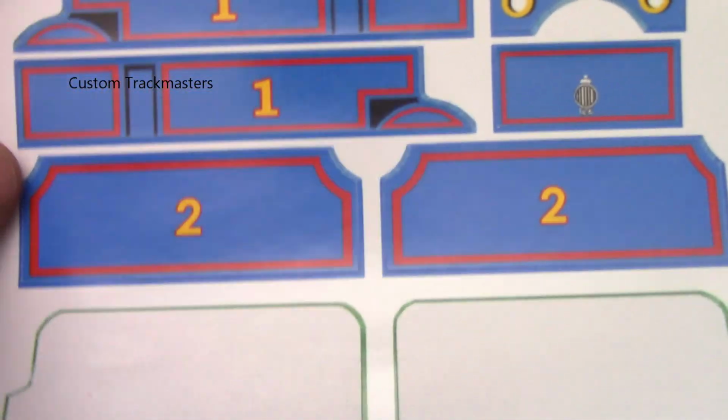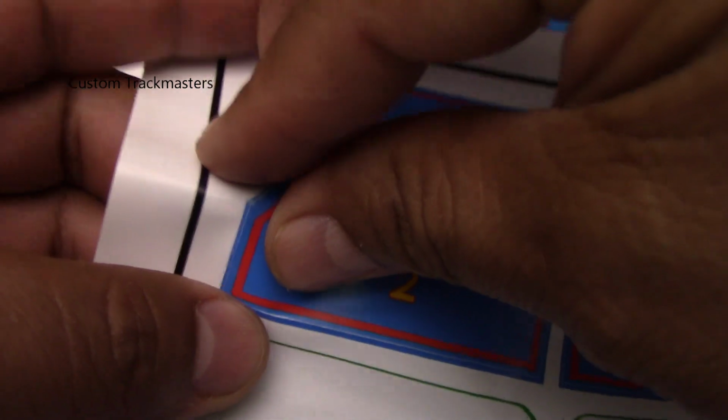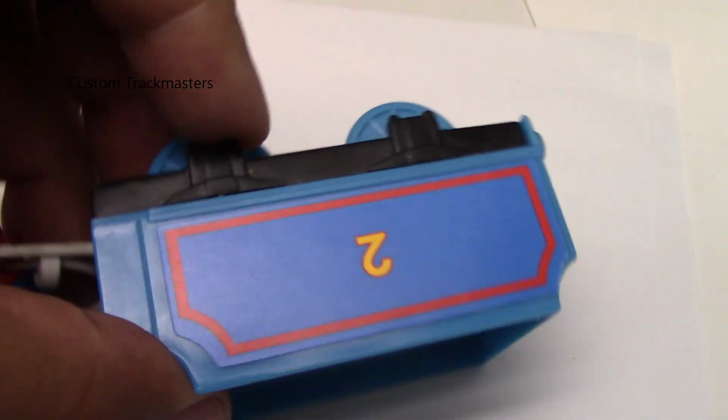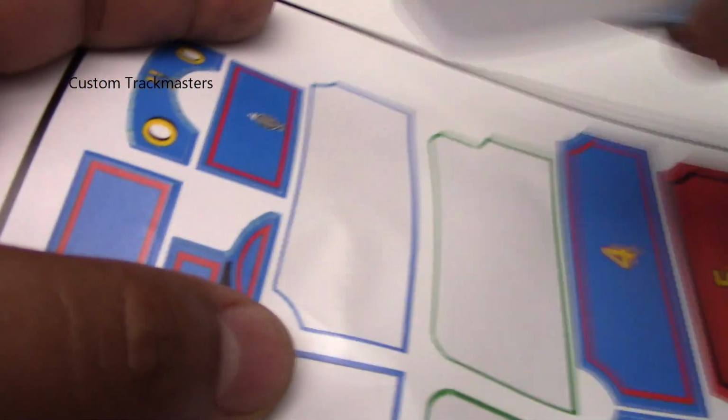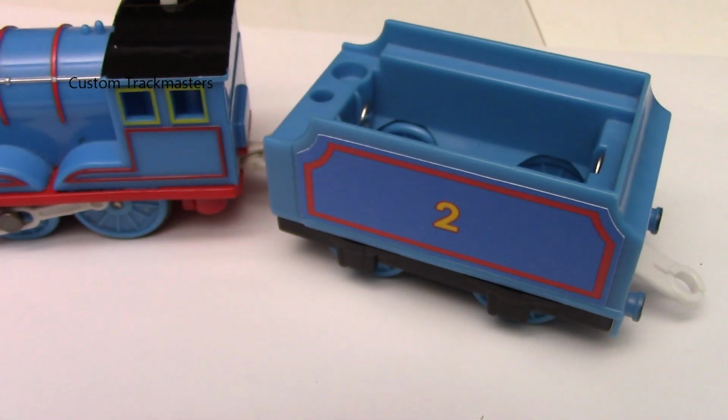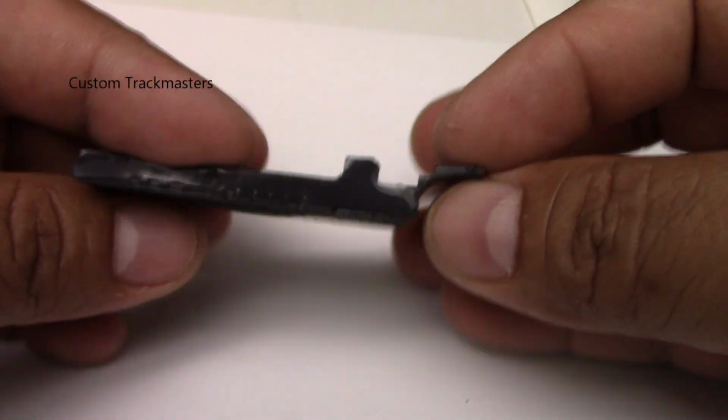Now it happens I have here my stickers pre-cut and ready to peel on a stick. Very easy and simple. There it goes, the first one. Excellent. And the second one. Really nice. Looking good. Now the battery cover, I have here a copy of the battery covers, but this one does have